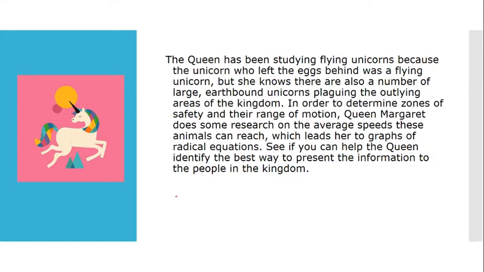The queen has been studying flying unicorns because the unicorn who left the eggs behind was a flying unicorn. But she knows there are also a number of large earthbound unicorns plaguing the outlying areas of the kingdom. In order to determine zones of safety and their range of motion, Queen Margaret does some research on the average speed these animals can reach, which leads her to graphs of radical equations. See if you can help the queen identify the best way to present the information to the people in the